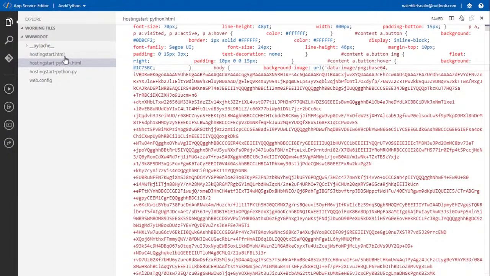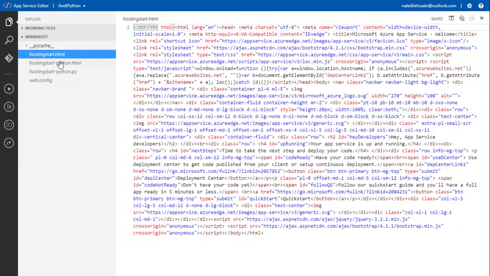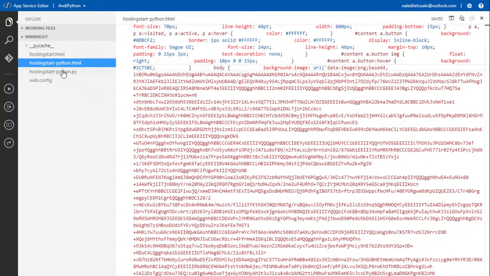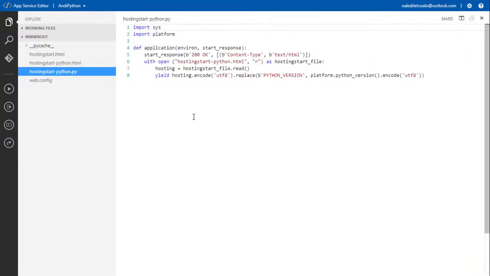And yeah, we're going to change this background image in Python HTML. And then there's also something called Python .py, right? Hosting start Python .py, which is basically where you would then go and define the environment that you're working in. So def application environment start response. Start response is 200 OK. That means if it is OK, it will then start and it will run.